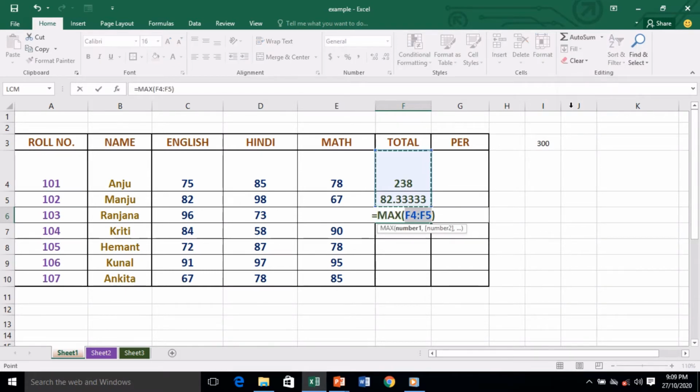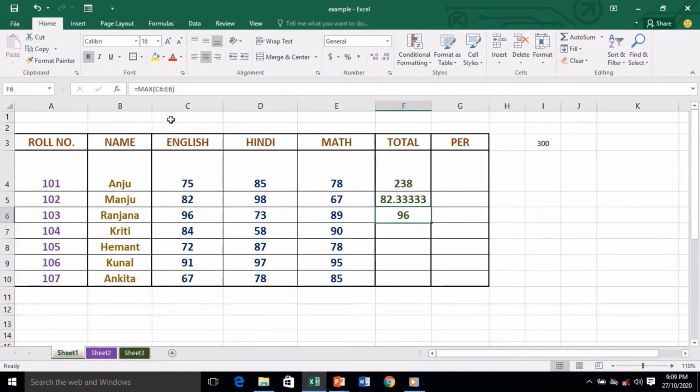When I click on max, it is selecting both, but we have to change it. We'll choose 96, that is C6, and change the end to E6, and press the Enter key. So the highest from all these three, 96, 73 and 89, is 96. You can see the output is 96.